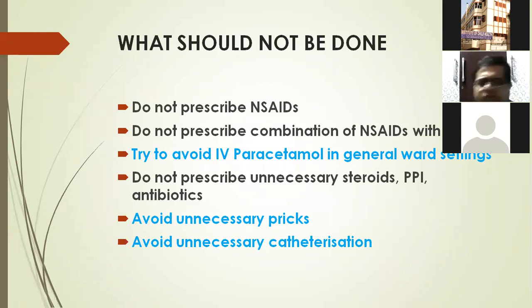Try to avoid unnecessary pricks. Sometimes residents or consultants or the mother or parents may be very hyper anxious, wanting to repeat the platelet count every 4 to 6 hours or twice daily. Try to avoid unnecessary pricks. If you think the patient is clinically stable and the baseline platelet and hematocrit are normal, you do not need to do blood tests twice daily. You can do it once daily, but there is no point in doing twice daily blood tests.